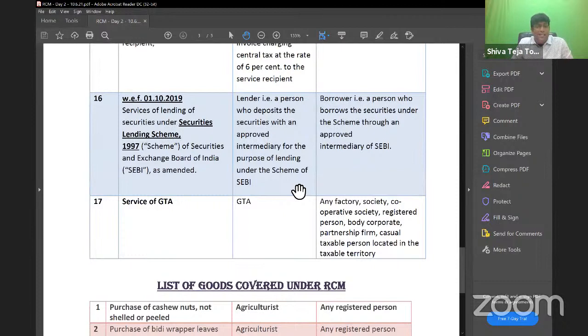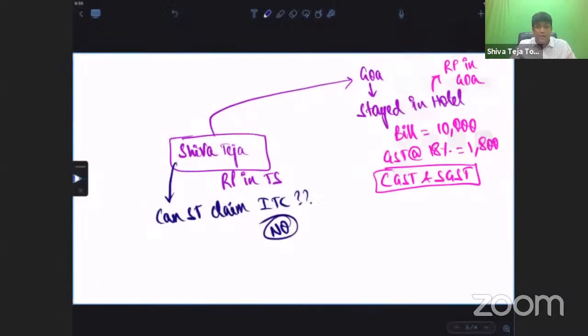Next point, services of GTA, very important. And GTA, guys, let me give you some knowledge with respect to this concept of GTA, because that's very important. So I'll take 2 minutes of your time on the GTA discussion also. Listen here carefully. Because GTA is one thing which is the most practical thing what you will see for RCM. So that's why I'm taking 2 minutes of time there. Listen please. So whenever I talk about GTA, this GTA has got